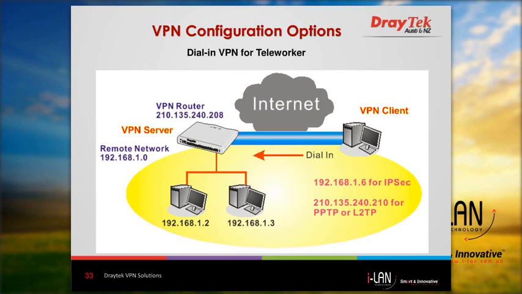So let's go to the other configuration mode, which is the remote dial-in for teleworkers. Here, a remote worker or remote user may want to connect to the enterprise network securely via VPN. So the enterprise router is configured to allow remote dial-in connections or dial-in users and to use, say, PPTP. And the remote username and password need to be specified here, and you can also use RADIUS for authentication of the remote users. And the remote user, which will be the VPN client,